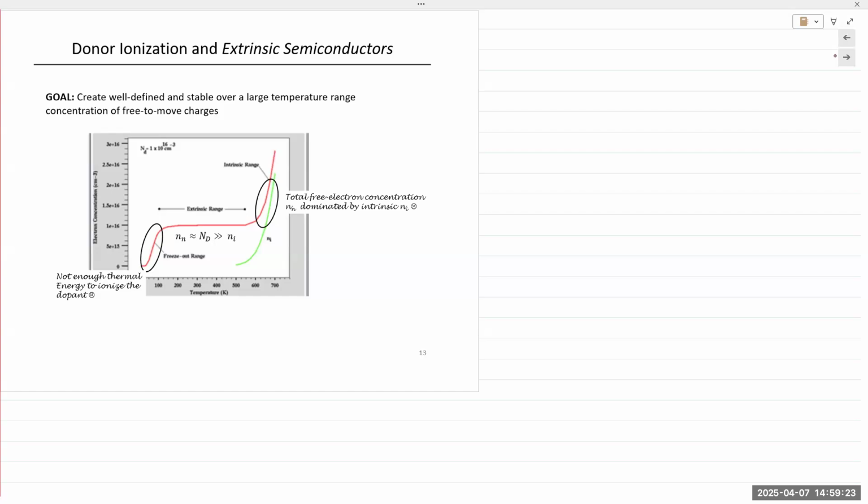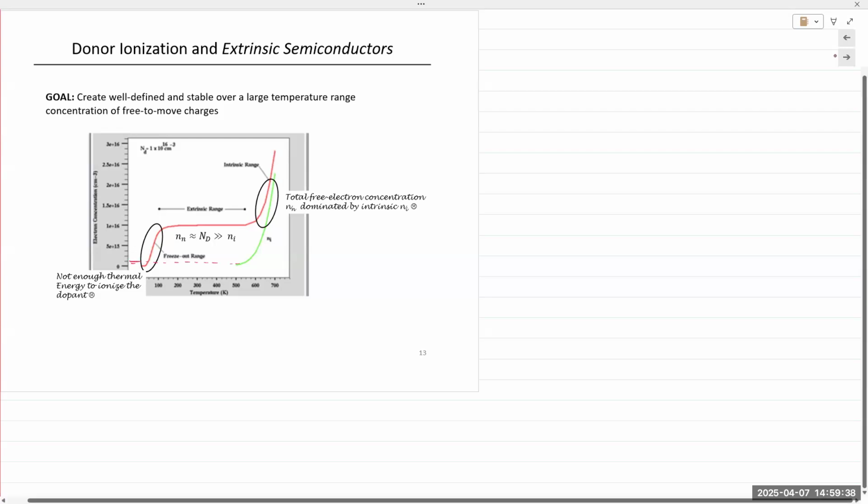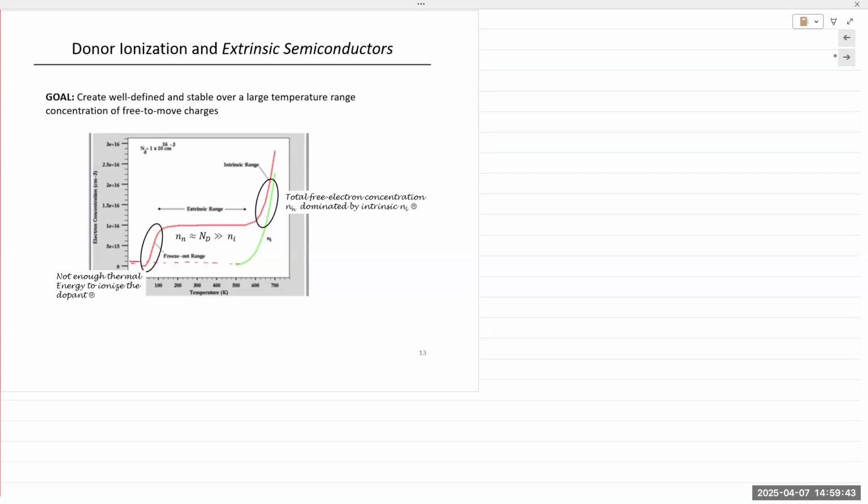All right. So intrinsic semiconductors by themselves are not useful. If we look at intrinsic semiconductor right here at temperatures lower than 500 Kelvin, the number of intrinsic carriers may be around 10 raised to 10 for silicon, right? I always like to say it's 10 raised to 10. Gallium arsenide is lower, germanium is a little higher, but it's not sufficient to create a conductor or a resistor out of it. Okay, so we introduce extra